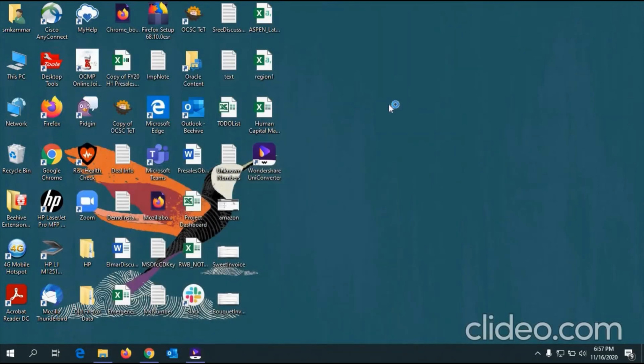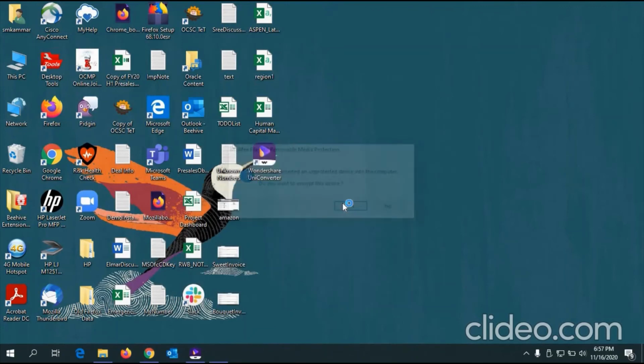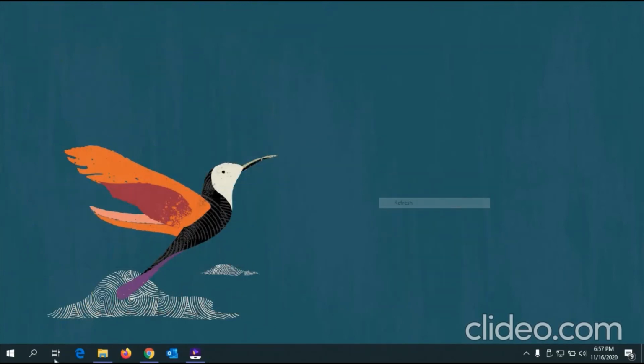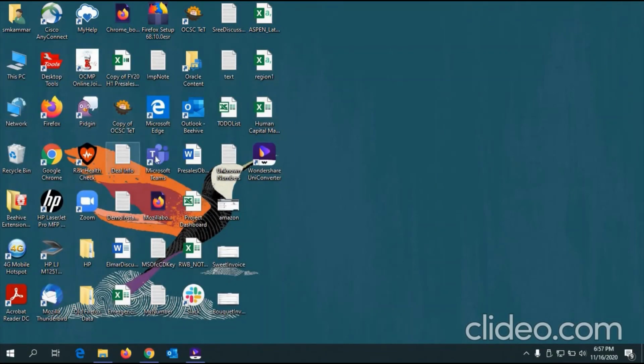Now you can just minimize it and connect your iPod to your laptop. Okay, so I just connected it. Now you can just open iTunes. Okay, so it's loading.